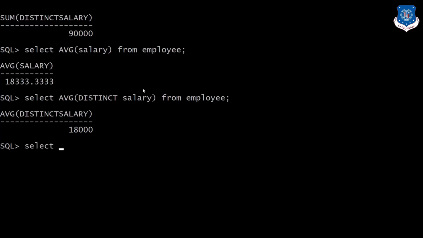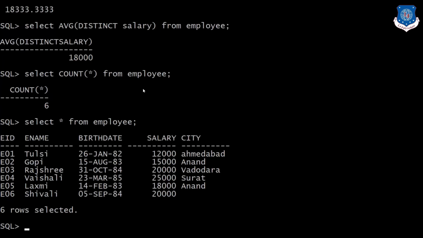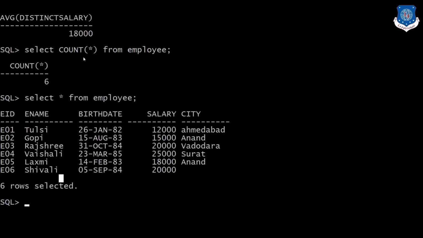For that we have select count as the function, so we will use count star, so it will count each and every record from employee. So we have 6 records. Let us retrieve all records over here. Select star from employee. So we have 6 rows over here, so it has given us a message 6 rows. So count star will count each and every record without any condition.